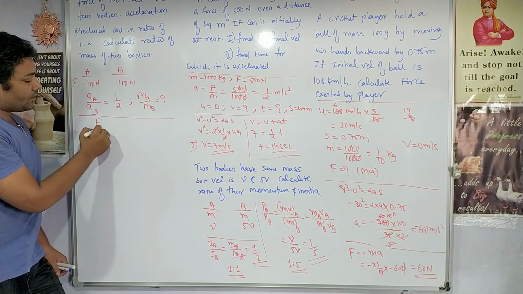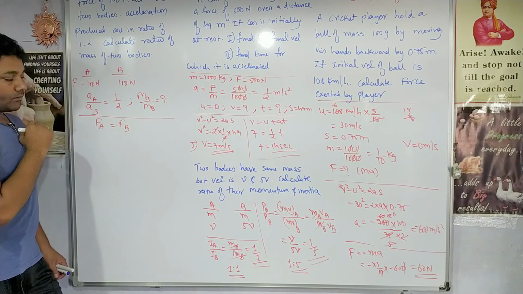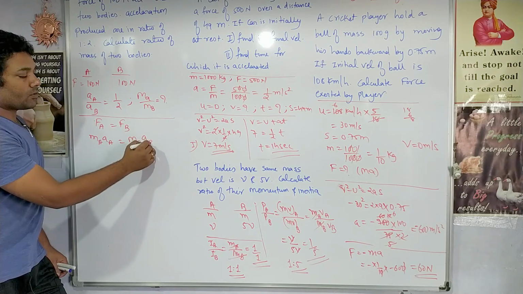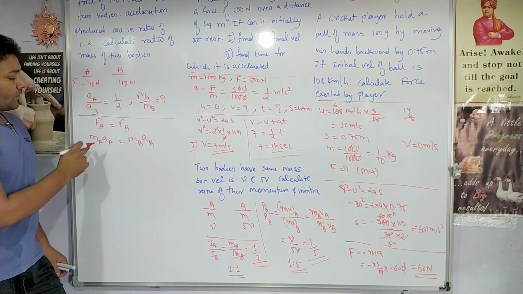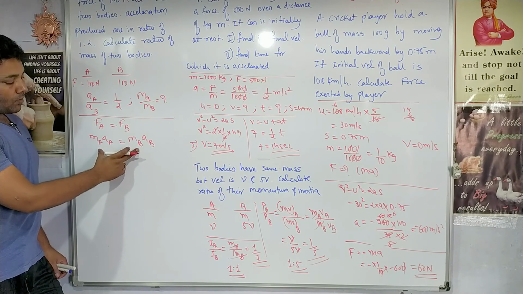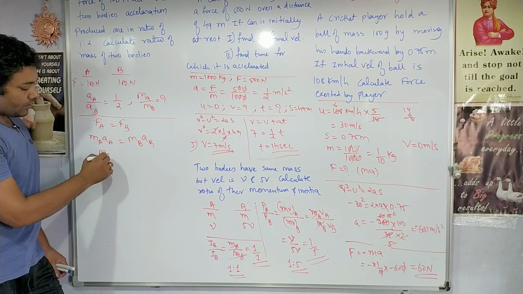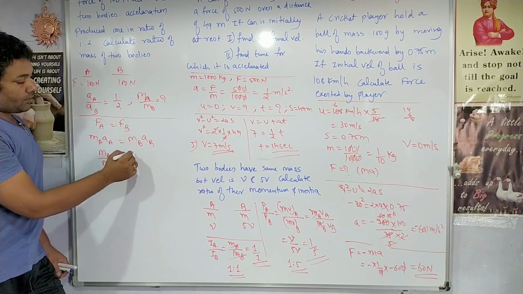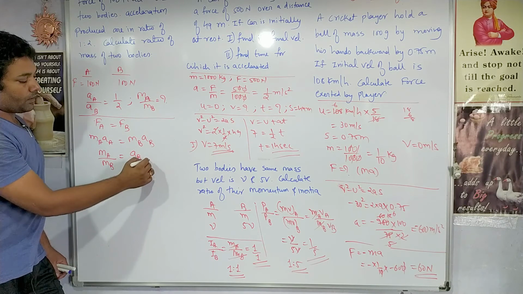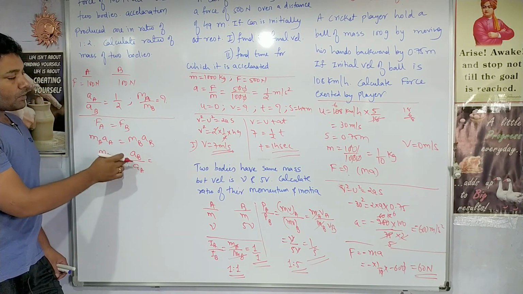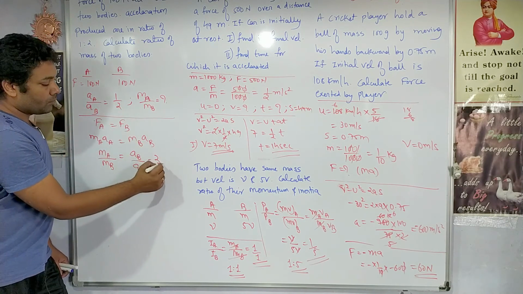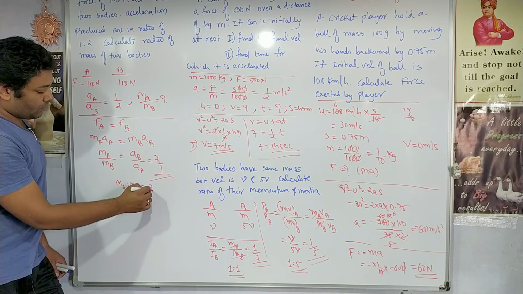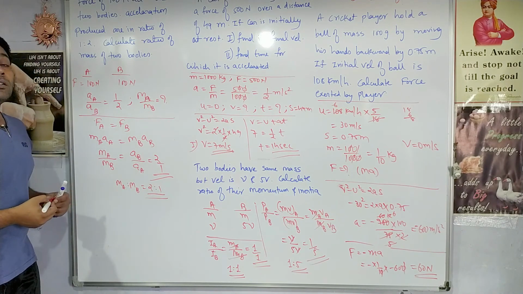Forces are the same, so we can write force on A is equal to force on B. Mass of A into acceleration of A equals mass of B into acceleration of B, substituting the formulas. Now ma upon mb we want to calculate, so rearrange the equation. Ma upon mb will be acceleration of B upon acceleration of A. A by B we know, so what will be B by A? Reverse of this, so 2/1. This is the answer. So ma is to mb is 2:1. This is the ratio of the masses.